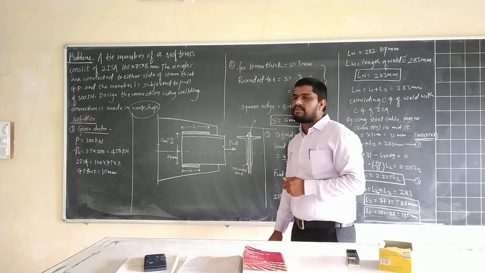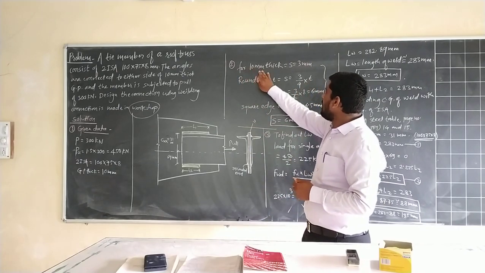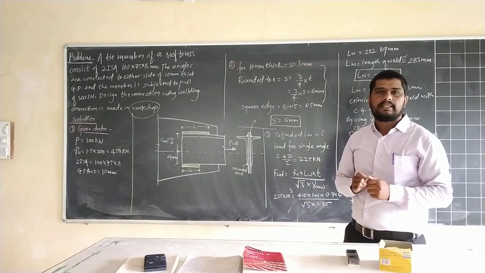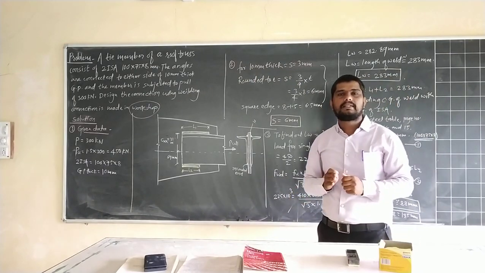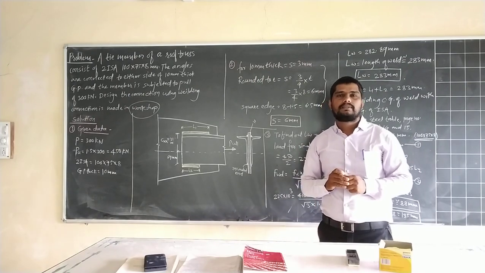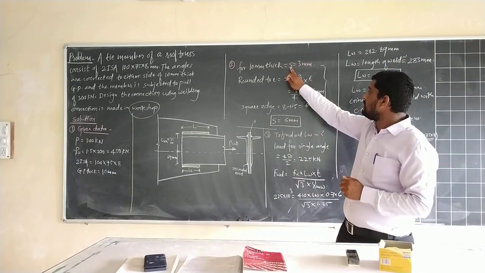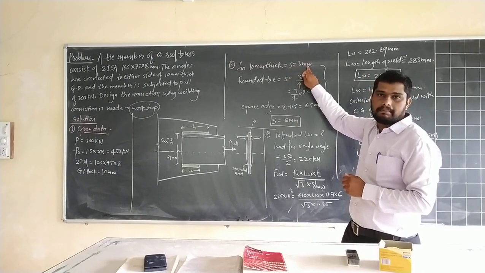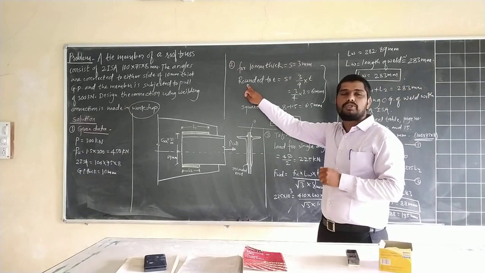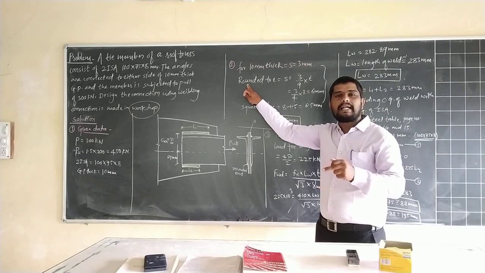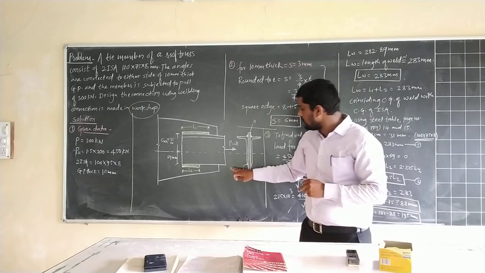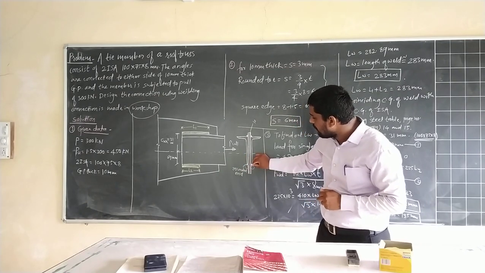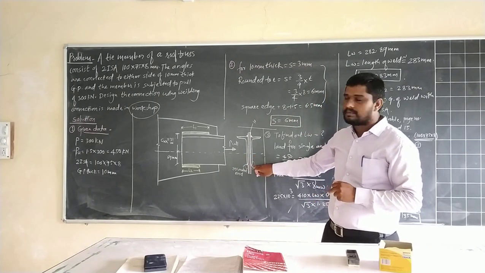Then the second step of this solution: for a 10 mm thickness of gusset plate, we know that we are going to provide the minimum size of weld as per the Indian Standard IS Code 800:2007. That is, size of weld S is equal to 3 mm. Then what should be the size of the weld at the rounded toe? Here this portion is considered the rounded toe.